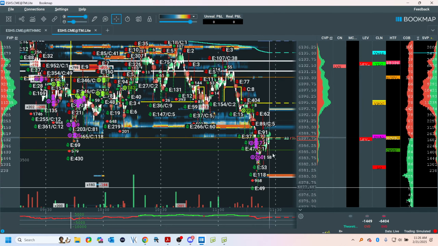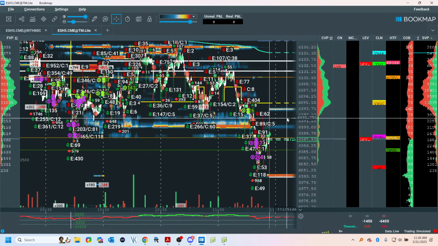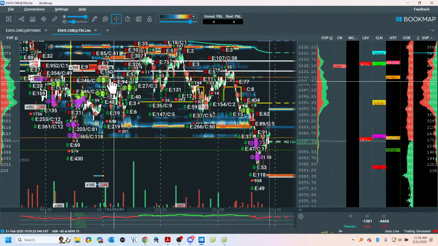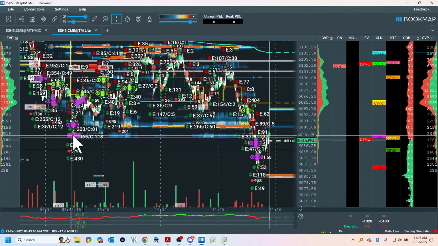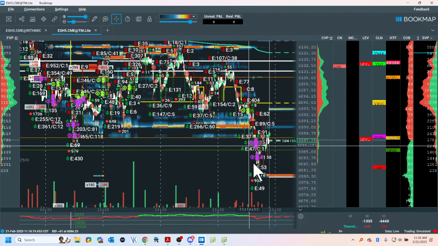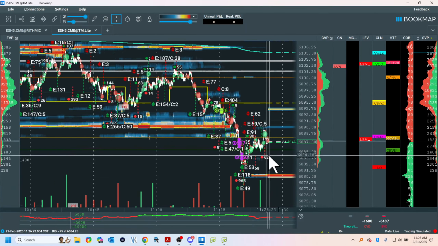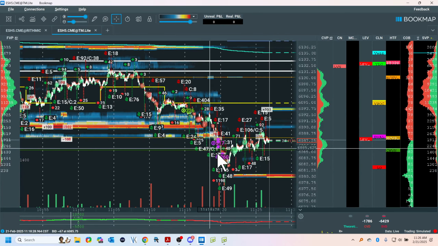Questions, guys? Thanks for your patience. Here's a sweep, potential counter rotation, not a recommendation. Let's see. When you see these sweeps, and this is a great tool in Bookmap, see the sweep, counter rotation. See the sweep? It doesn't mean get long. It just means manage your trade, and don't be surprised if we don't have a rotation.